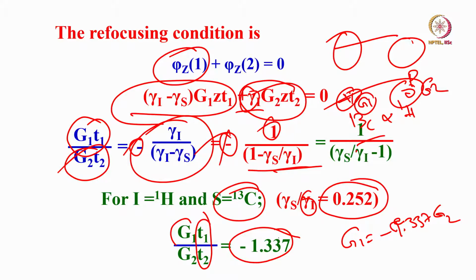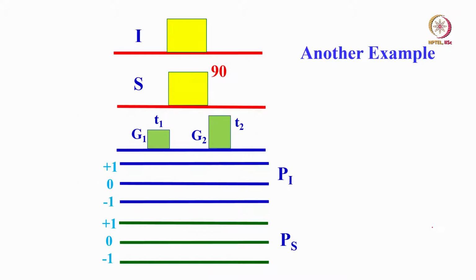So this is what you have to do: make a simple calculation and then adjust the G1 G2 ratio. This is the phase cycling, this is the coherent pathway you are going to select. Remember, it is exactly analogous to what you do by adjusting the pulse phase and receiver phase. By doing phase cycling, you can get the particular pathway. Same thing you can do by adjusting the gradient ratios between G1 and G2. This is what happens, and this is a simple example we have chosen.